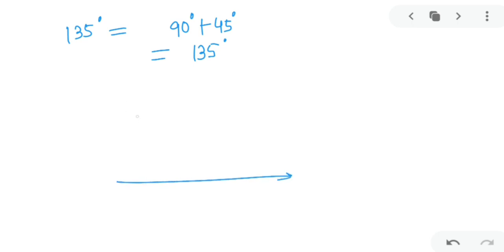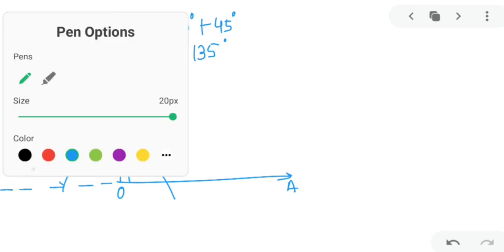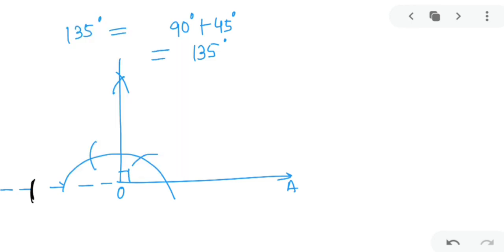Next we have to construct angle as 135 degrees. Now my dear kids, 135, can I split 90 plus 45? That will make 135. For this, first make 90 degree. Once you got 90 degree, extend this OA arc backside. And of the backside 90 degree angle, make the angle bisector. If I name this as